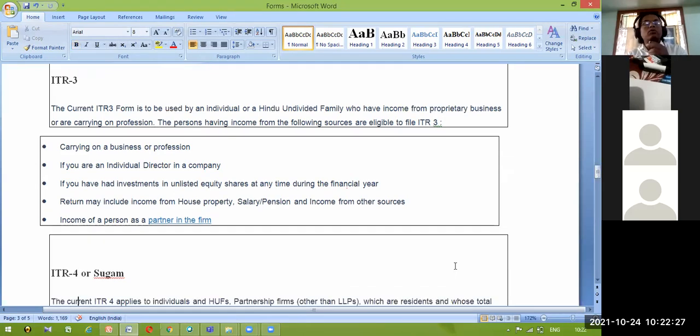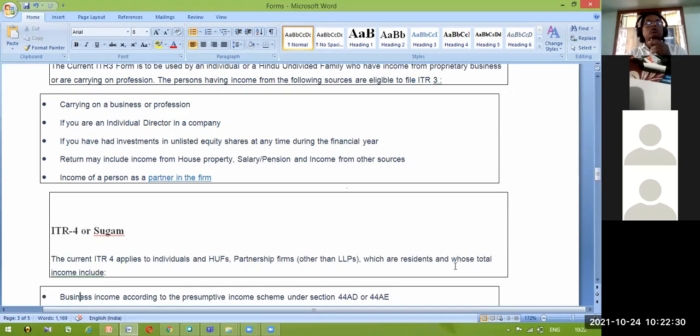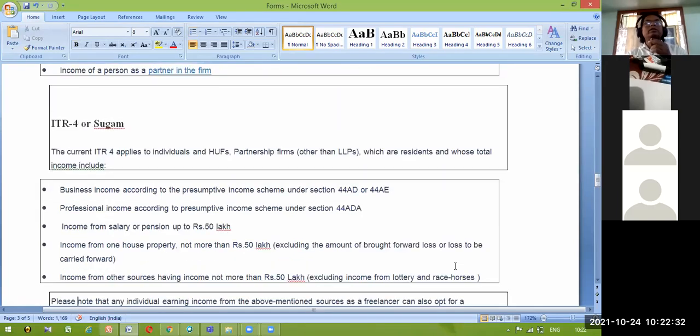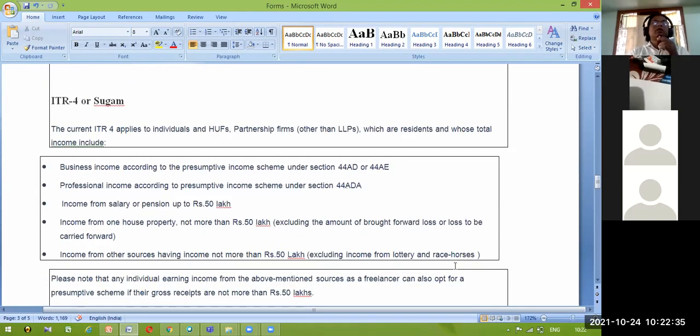So ITR 3 is over and we have a little bit of time, so let's go to ITR 4. Someone rightly wrote here in the chat box, and I loved it, that ITR 4 is also called Sugam. ITR 4 applies to individuals, HUFs or partnership firms other than LLP. See, partnership firms which are not limited liability partnerships. Limited liability partnership is a different concept, I told you. But here, partnership firms other than limited liability partnerships, which are residents and whose total income includes, see the criteria,